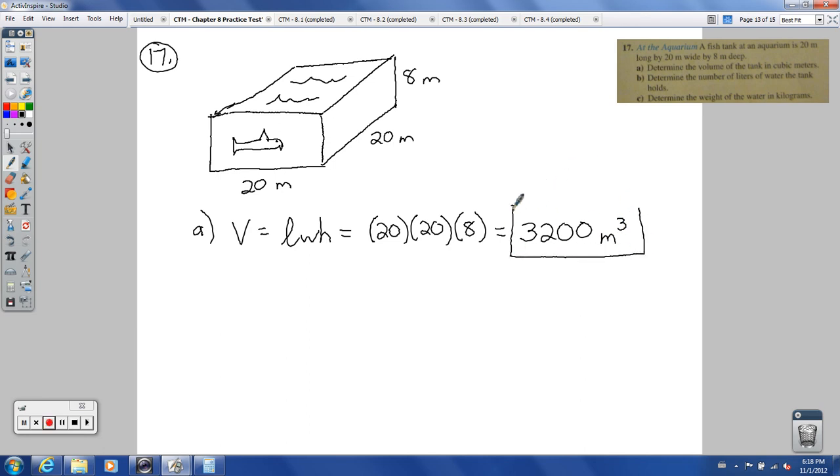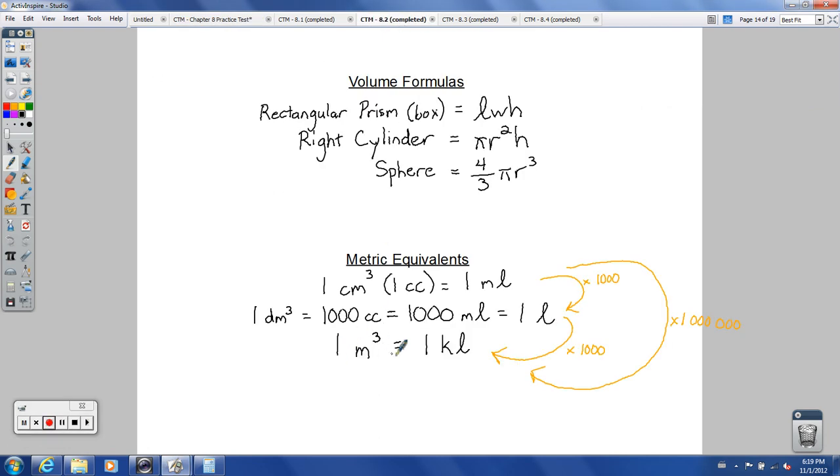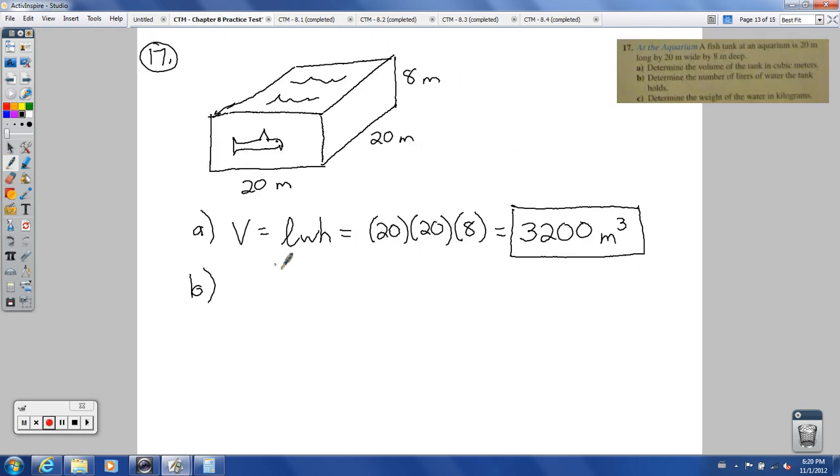Now we're doing a volume. Volume, we're multiplying 3 dimensions times each other, so that's meters cubed. Now we're changing this to determine the number of liters the tank can hold. So if we go back to one of our notes from before, we would recall that 1 cubic meter is 1 kiloliter. 1 decimeter cubed is 1 liter. 1 centimeter cubed is 1 milliliter. So we're going to use this right now and say 1 meter cubed, that's 1 kiloliter. So if that's true, if 1 equals 1, then 3,200 would equal